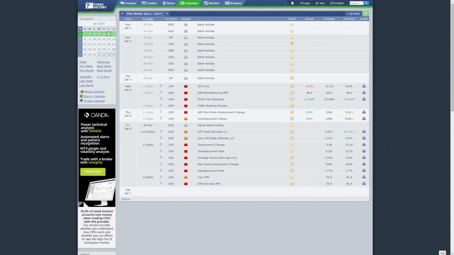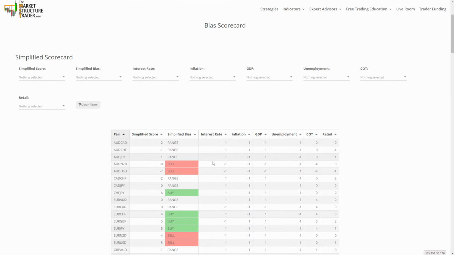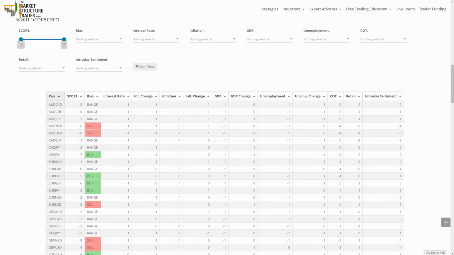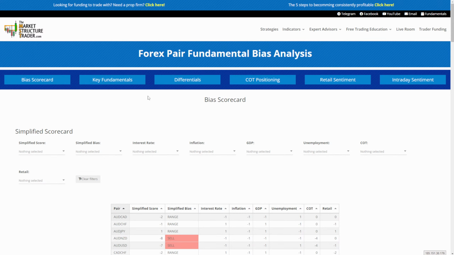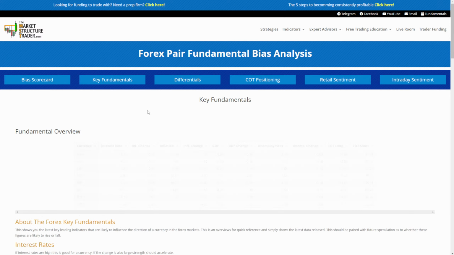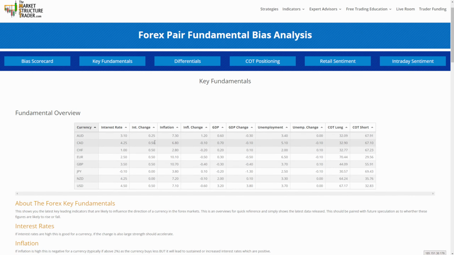So from a fundamental perspective, when you're looking at the scorecard, that's one of the things that we pay attention to: the unemployment rates and the change in the unemployment rates. These have a positive effect. Looking at the US and obviously Canada, previous rates, when it works, where are we? Unemployment was 5.1. Unemployment change went down there, and with the US dollar, we've got 3.7, and it didn't move